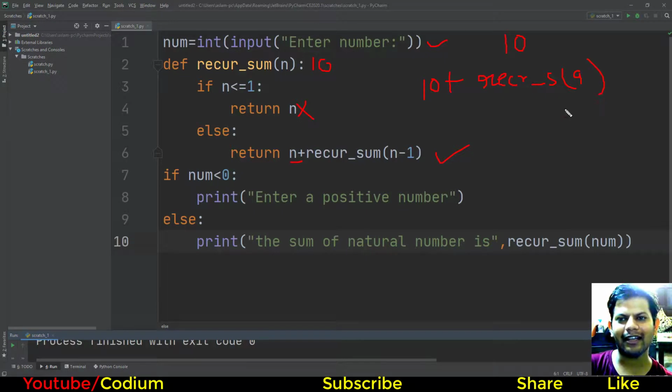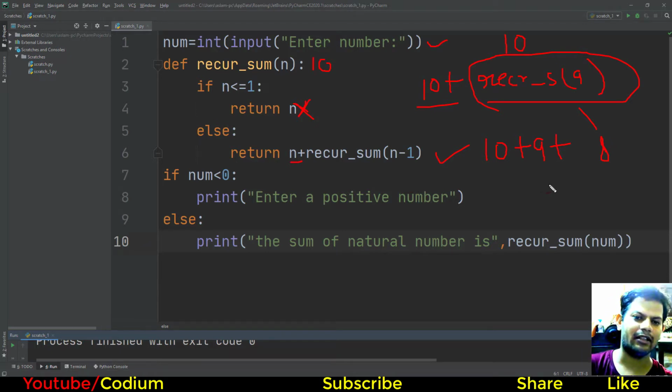You can't add like 10 plus 9 is 19, because 10 is an integer, but this is a function with argument 9. With function argument 9, it means n value is 9. Now this is not work. Again this returns, so return value is 10 plus n value now 9, and then this function with argument 8. Like that the sequence is added.